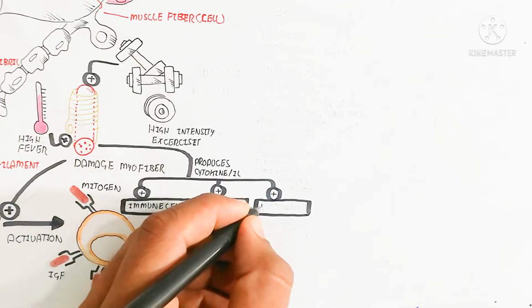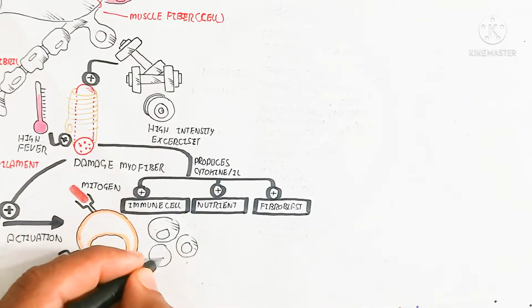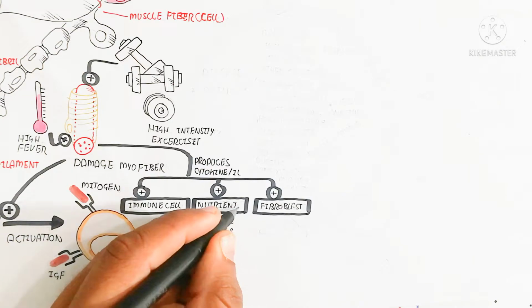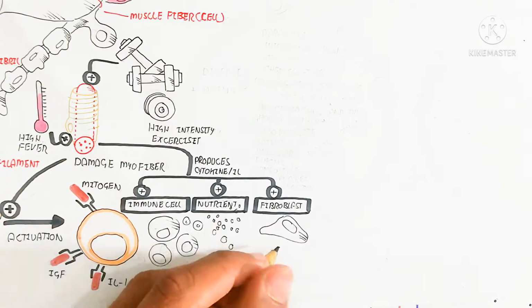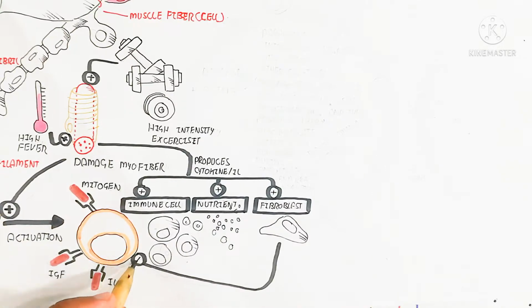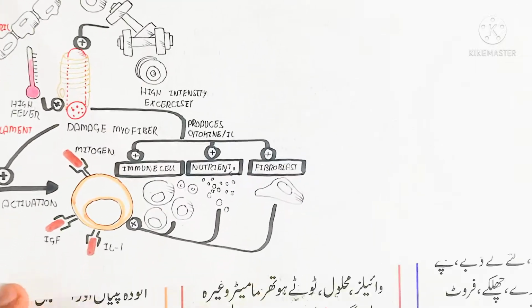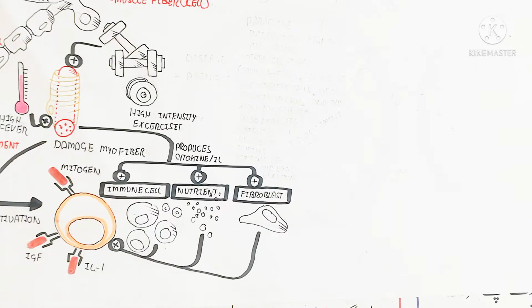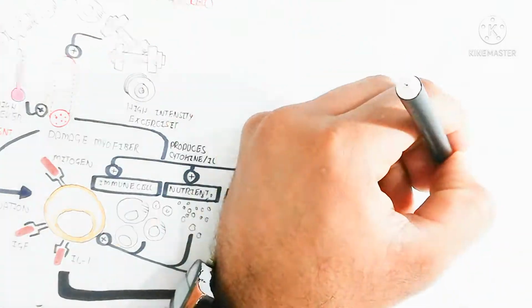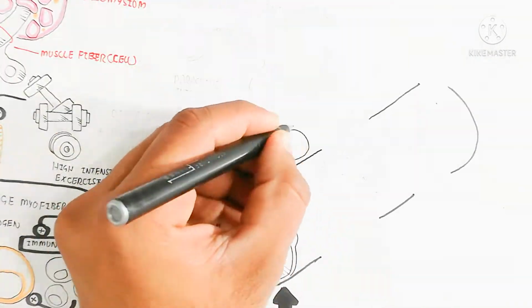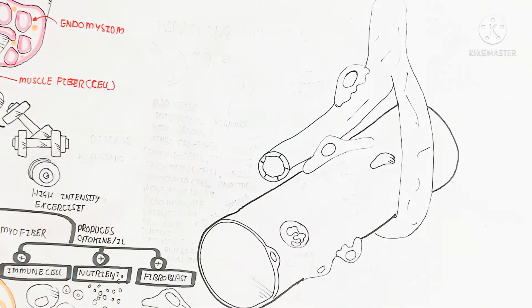This is the chemical, as well as insulin like growth factor and interleukin 1. It is also important for the proliferation of the cell. Here, you can see, cytokines and interleukin are produced from the damaged myofiber, in the presence of immune cells, nutrients and fibroblasts, which will trigger the activation of the myosatellite cell, and after the binding of the mitogen, insulin like growth factor 1 and insulin, as well as interleukin, with the receptor